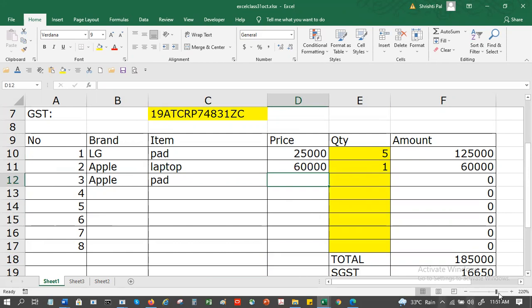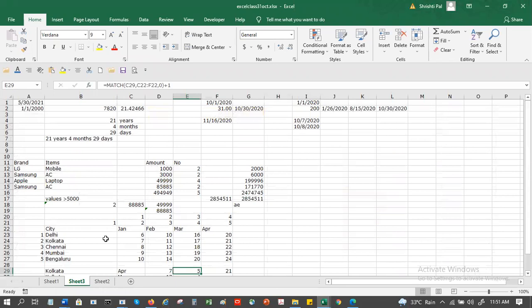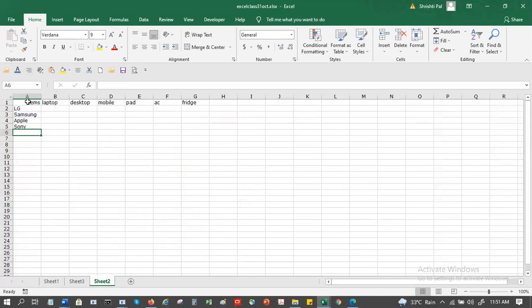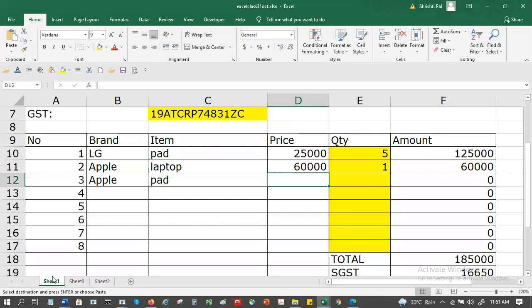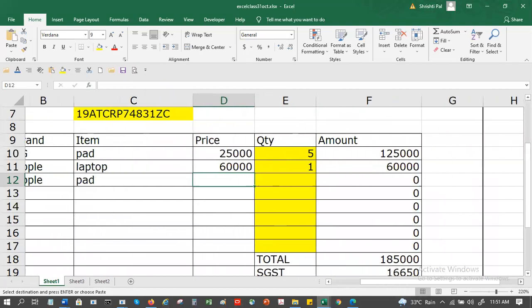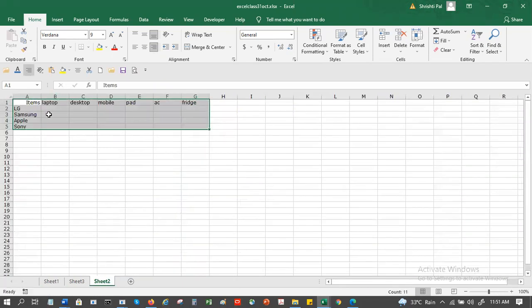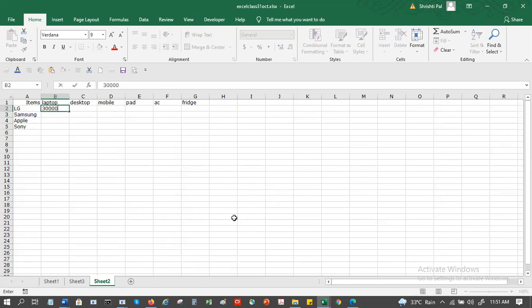And then get the price. Now to do that VLOOKUP, we need a table like this. Or I can pick it up from here also. So let's say my laptop is worth 30,000.